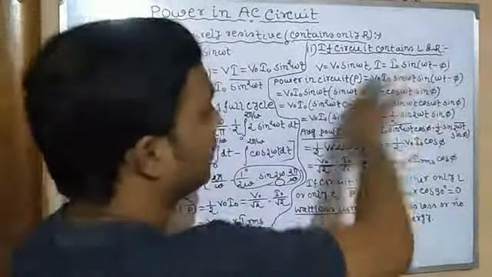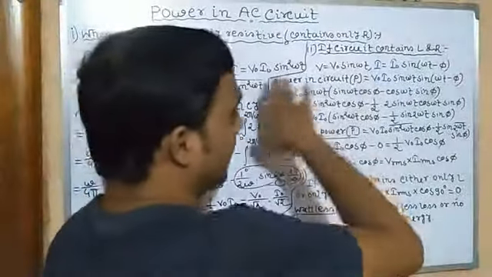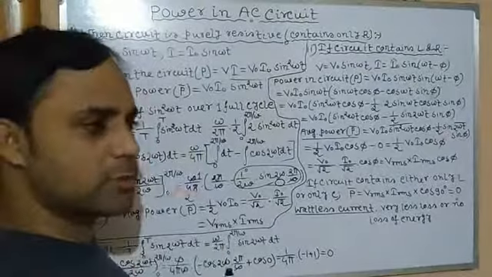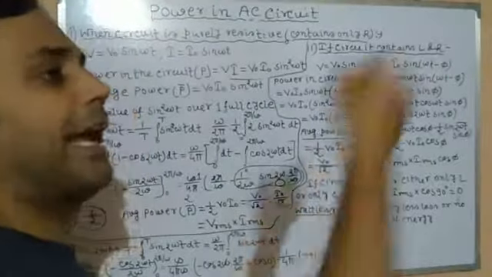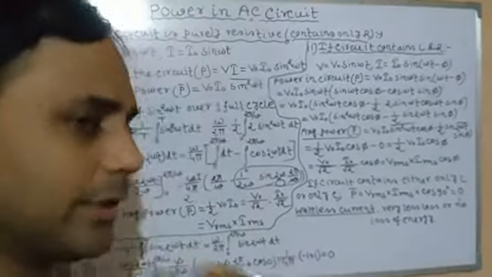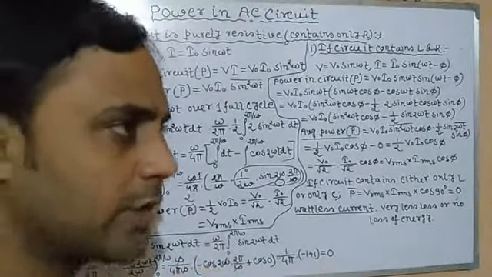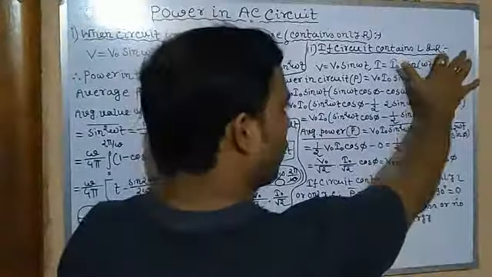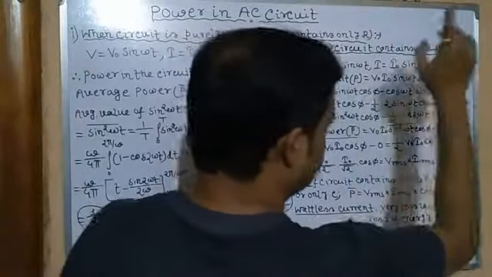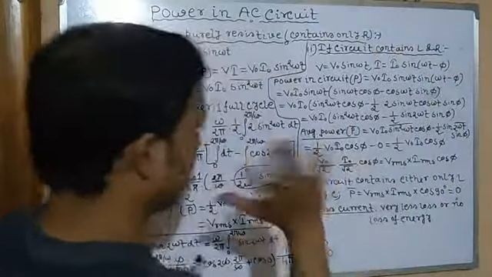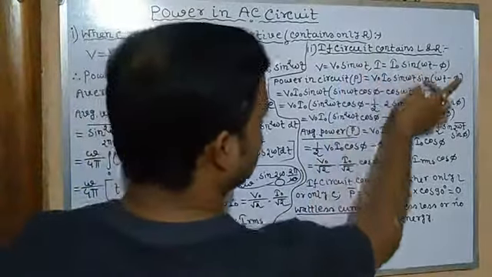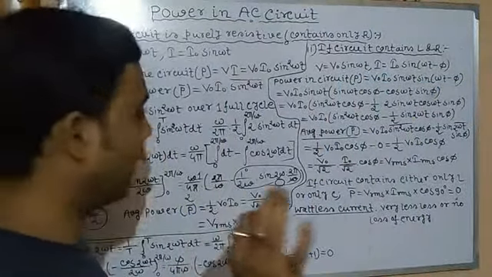So due to the presence of the inductance, current always lags behind the voltage, because for a pure inductive circuit, voltage is always ahead, meaning current is lagging behind voltage. Current is minus pi by 2, which automatically means voltage is plus pi by 2. So it contains R also, so it is minus phi. Current is lagging by some phase angle, minus phi, behind voltage. So now power in the circuit is V0 I0 multiplying sin omega t sin of omega t minus phi.